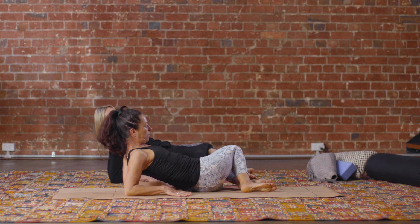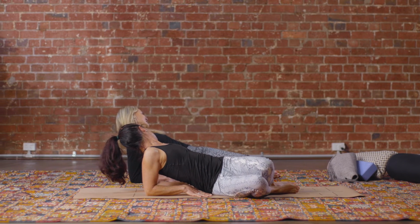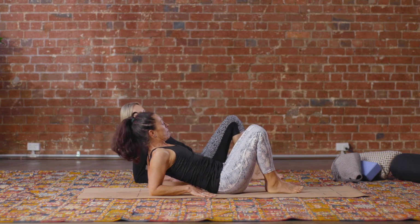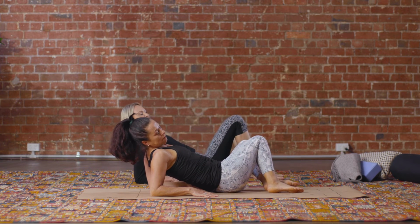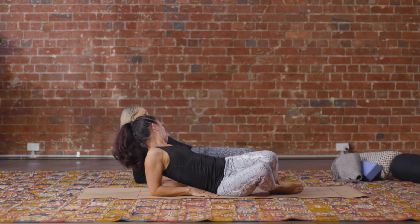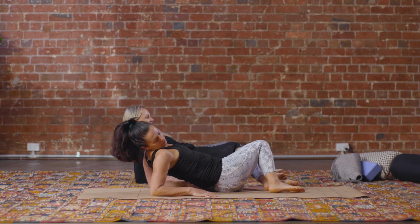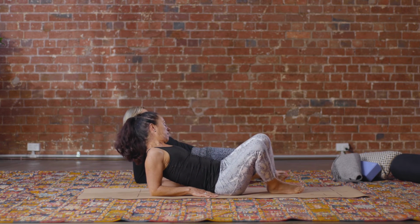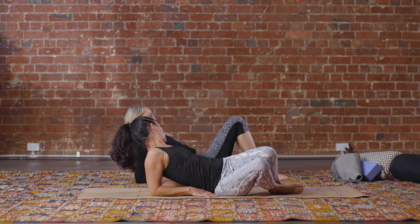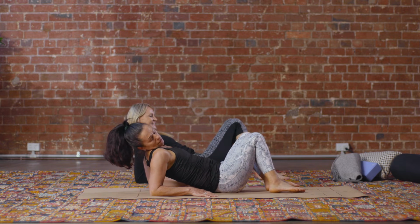As you bring your knees to the right, look to the left. As you bring your knees to the right, look to the left. Very good. Let the knees feel heavy. Make sure you're rolling all the way from one hip flexor into the next. Feels really good. And then coming back to the center,